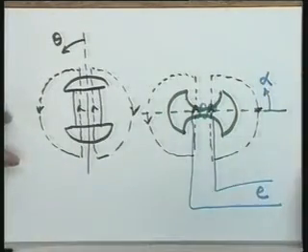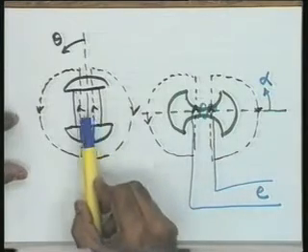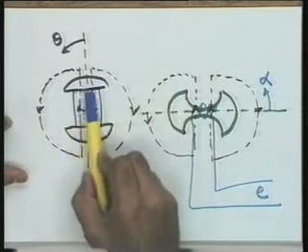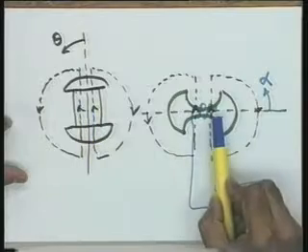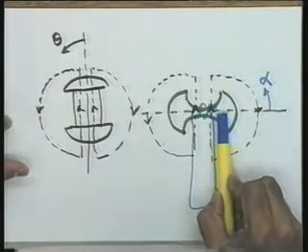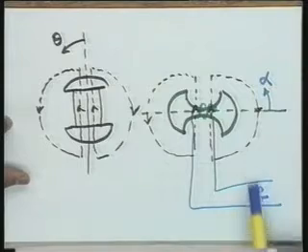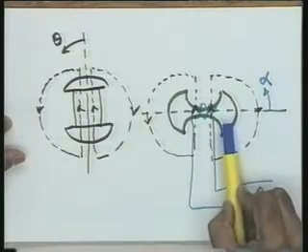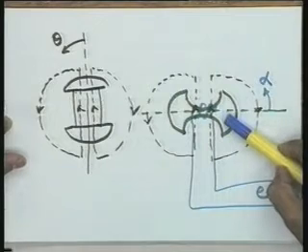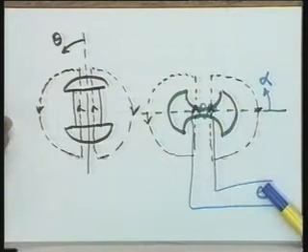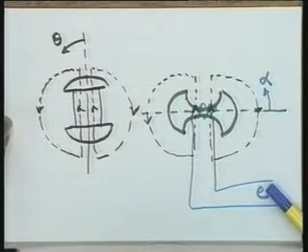In this particular case, please see that as far as this synchro transmitter is concerned, maximum flux is linked with this winding, and this being a 90 degree angle, no flux is linked with this winding, and the voltage at this particular point will be 0. So, in this situation, when I take the rotor in this position, the voltage induced in the rotor winding of the control transformer is 0.